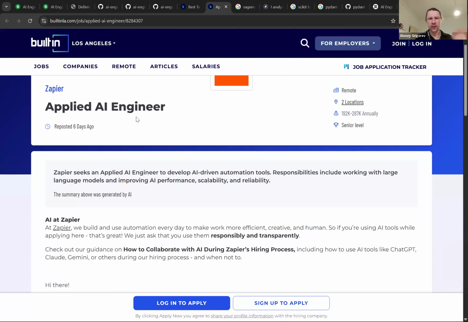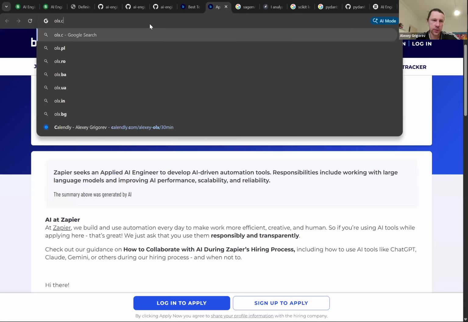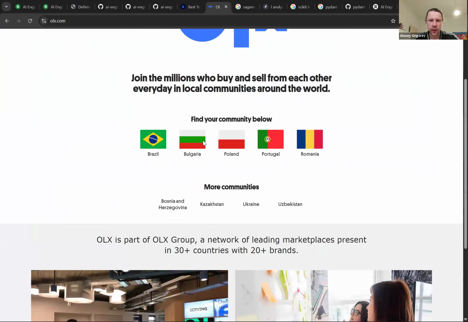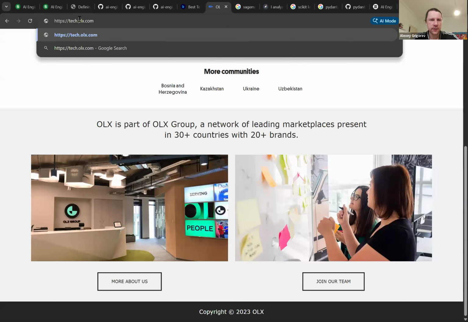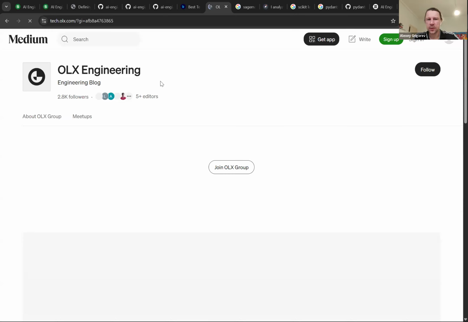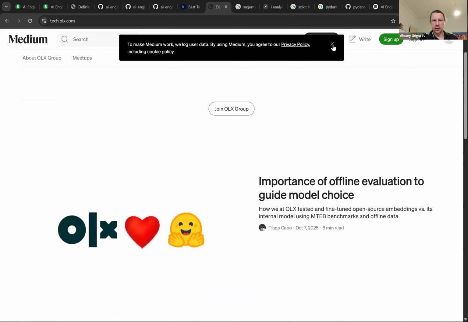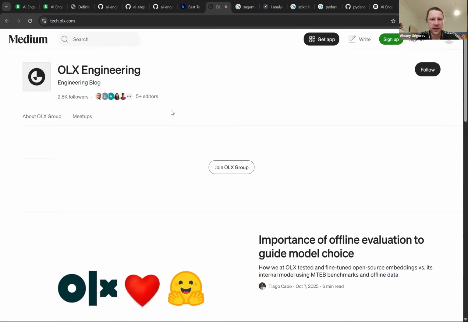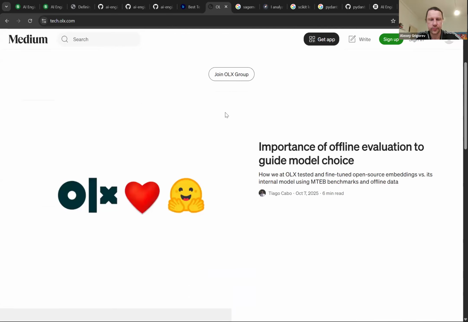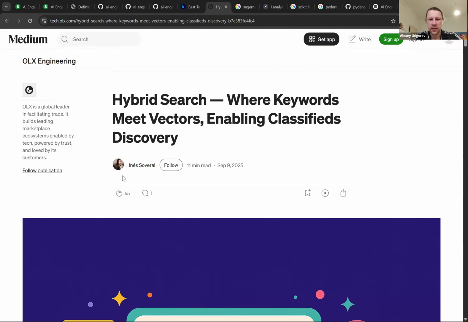And then let's say you picked e-commerce, or online marketplaces. So this is the company where I worked before, OLX.com. OLX is an online marketplace, and they have a tech blog. So you picked a domain that you like, right? And then there are some companies that work in this domain. They typically have their engineering blog, and then you go to this engineering blog and you can see what kind of problems they are working on, right?